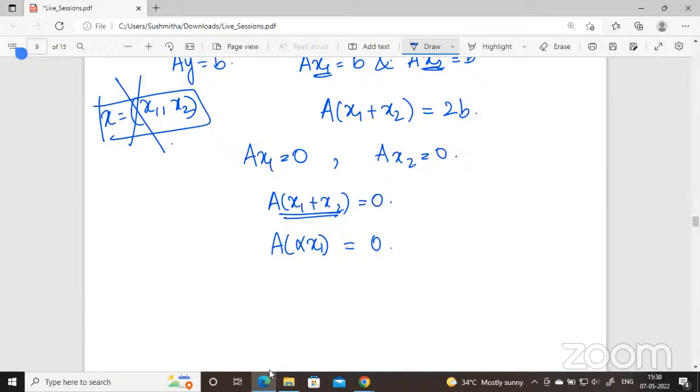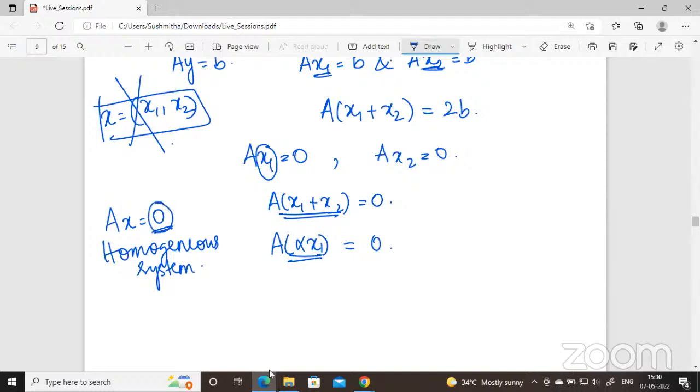If B is 0, it's called a homogeneous system. So if I have a homogeneous system and I have a non-zero solution to it, then any scalar multiple of that is also a solution. Ma'am, I think we'll get this in the week 2 content. Yes, you'll get this in week 2. So, ma'am, what is a homogeneous system? When the right-hand vector is 0. Usually in equations, the right-hand side is 0.